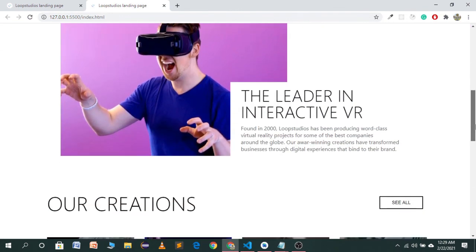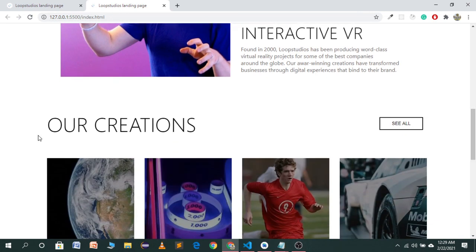Now the next part is also looking good, where we have this card-like design, and on the left we have a beautiful image, and here we have a beautiful heading and a text.